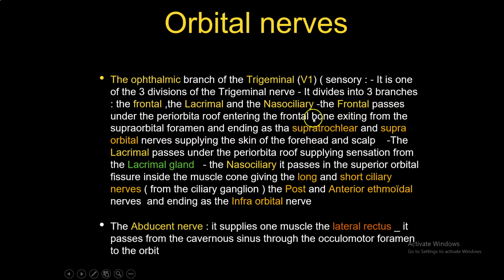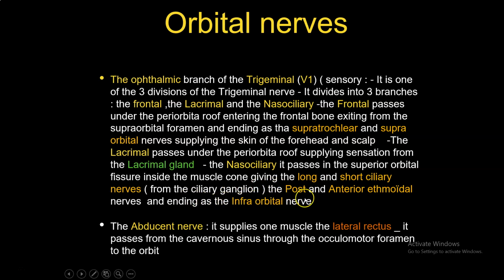And as we said, the frontal divides into supratrochlear and supraorbital, and the lacrimal carries sensation from the lacrimal gland, and the nasociliary nerve divides into the nasal nerve and the ciliary nerve. The ciliary nerve gives long and short ciliary nerves. From the ciliary ganglion come the short ciliary nerves, and the nasal gives the anterior and posterior ethmoidal nerves and continues